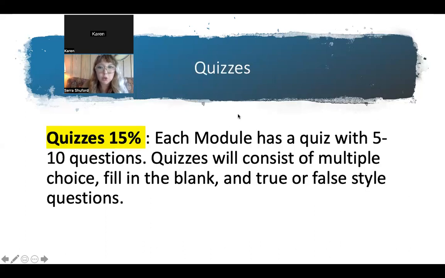Quizzes, each module has a quiz, so there's 8 quizzes total. They're worth 15% of your grade. They're 5 to 10 questions. They are multiple choice, fill in the blank, true or false style questions. And it's also important to note, when we do have our final exam, there's 2 parts to it. Part A is created by the department, so every class is going to be the same there. Part B, which is the part that I create, is coming from old quiz questions